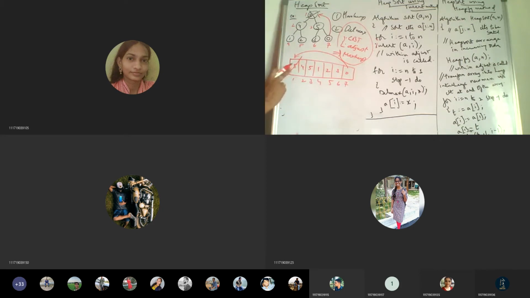Whatever is deleted, the topmost element, is stored in some variable X. Now this can be rewritten as 0, 4, 5, 1, 2, 3, till here only.